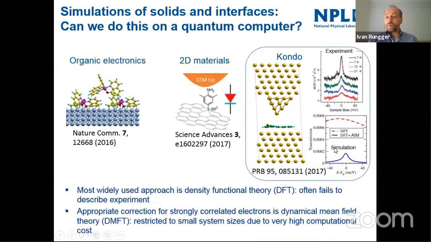To overcome this, one needs to go beyond DFT and consider many-body interaction between the electrons. What we use here specifically is the Anderson impurity model. If you do that, then our simulation in the blue curve here matches the experimental data very nicely. For periodic systems, you would basically repeat your Anderson impurity model periodically, to make a crystal essentially. That's what dynamical mean field theory in essence does. We can do this on conventional computers. The problem is that it scales very badly with system size, and that's really where quantum computers hopefully will be able to help us. That's what we're going to look at today.